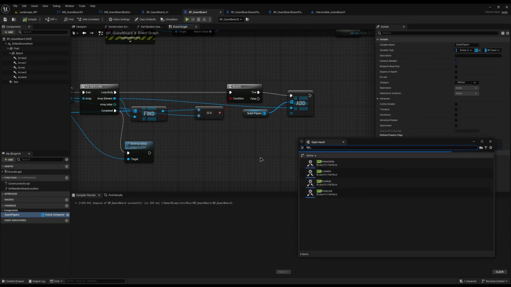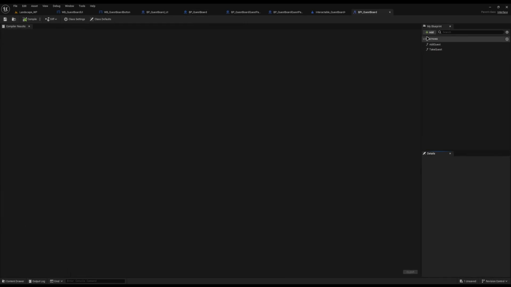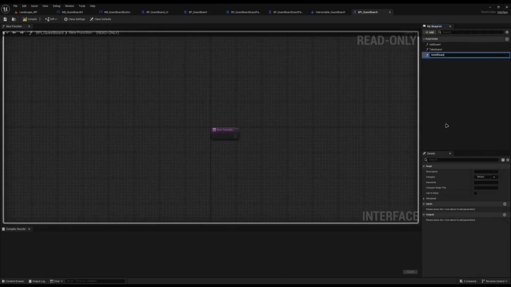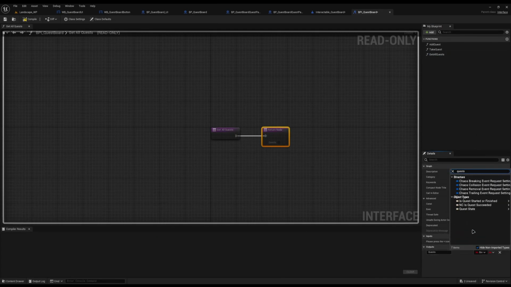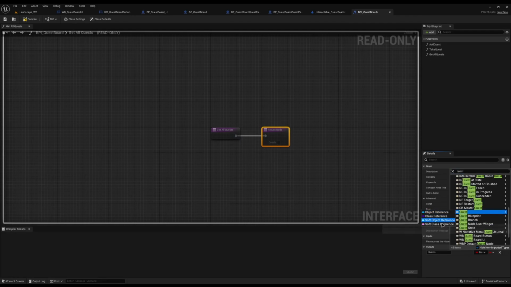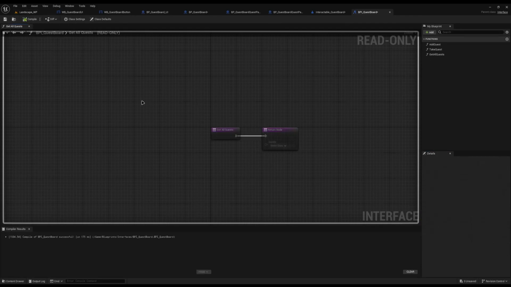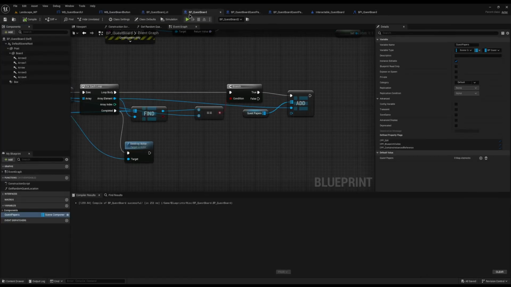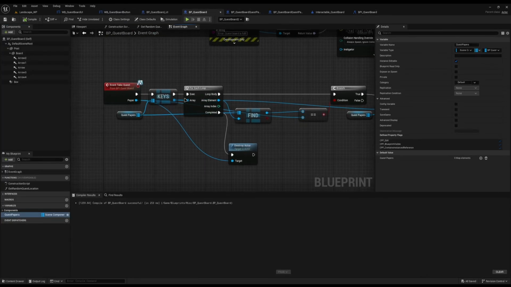I'm going to come and open the BPI quest board. I'm going to add a new function called get all quests, and it's going to output just an output of quests, and I will set it again to the quest of soft class. So if you've got other data you want to pass along, consider making a struct, but for now this one's fine. Then back on our quest board, we don't actually need to do anything on the standard quest board, but we do need to do it on the UI,